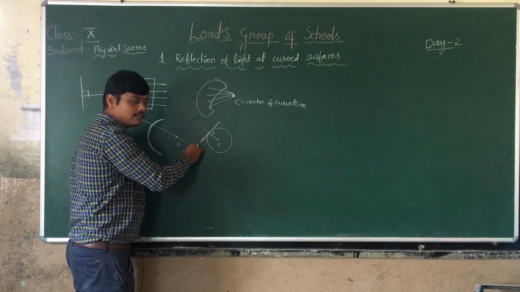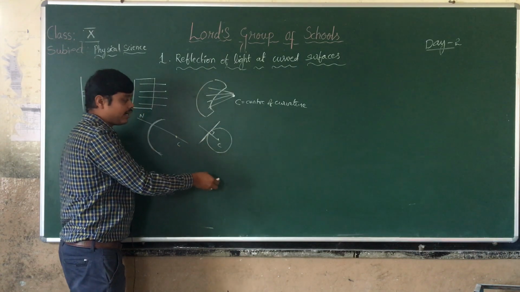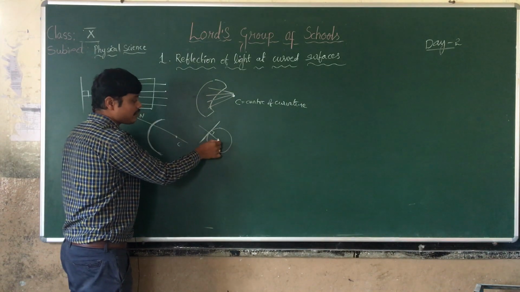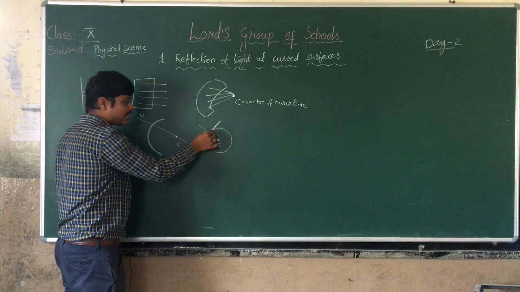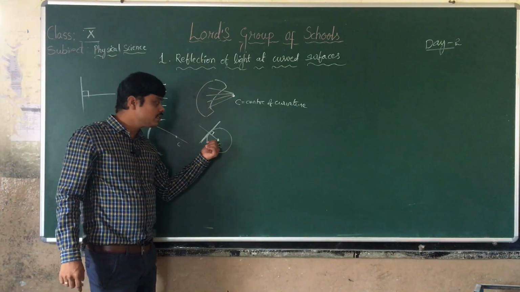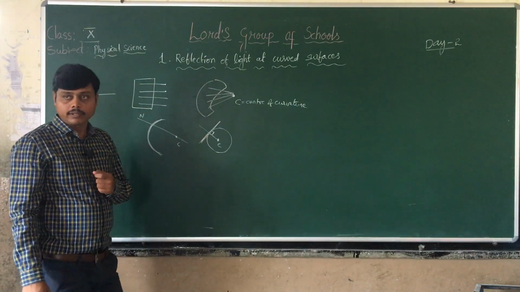Draw a tangent on a curved surface and draw a line from the center of curvature. Obviously this line passing through the center of curvature will make a 90 degree angle with the tangent line. So this is the method we are using to find the normal. Okay. So next